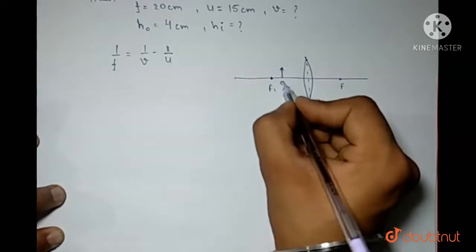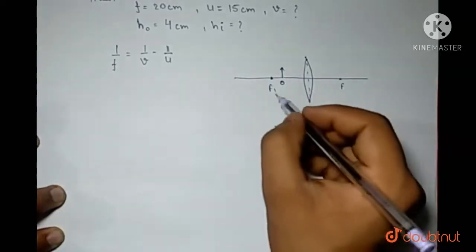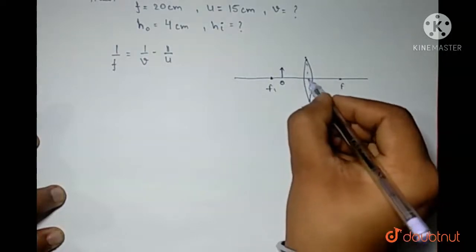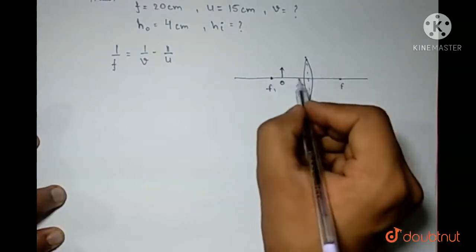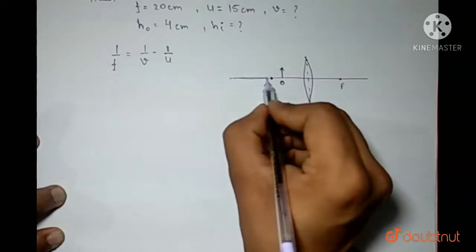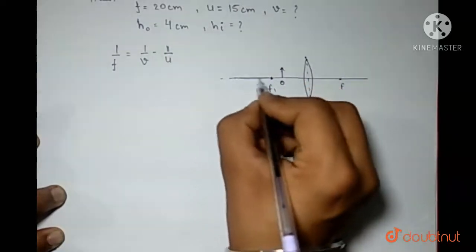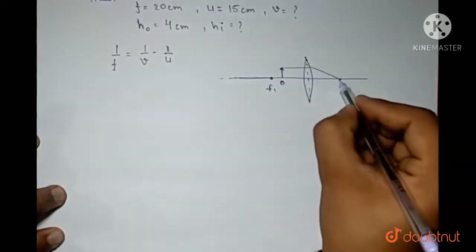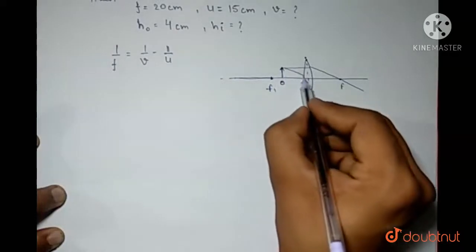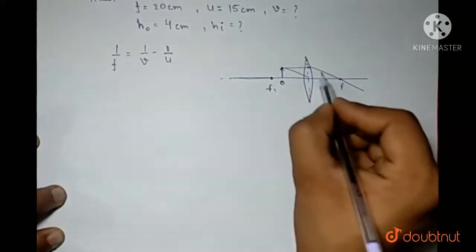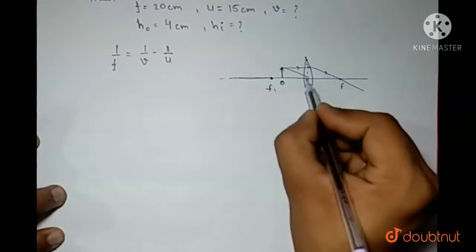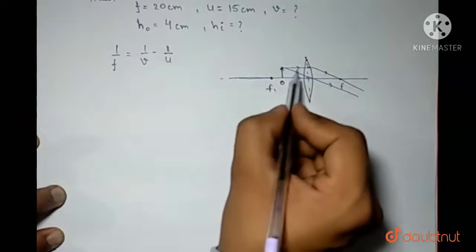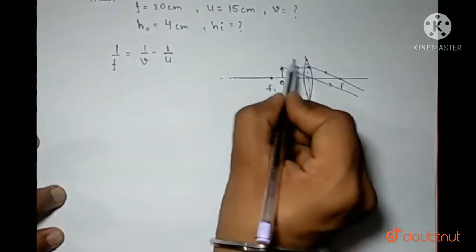The object is here. As we know, if the object is placed in between the focus and the pole of the lens, the image formed is on the same side of that object. So let me draw the ray diagram first. It will be like that. It is refracting from that side, and it will be like that. So if I am producing those rays behind,